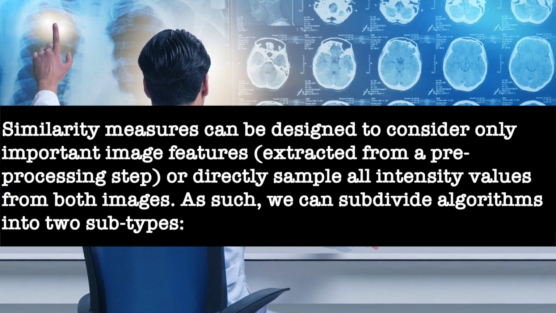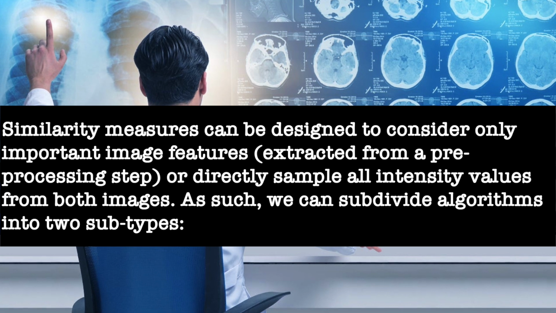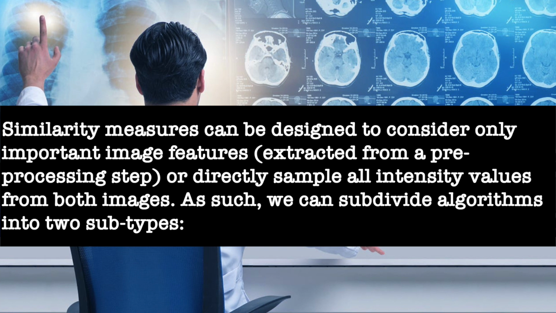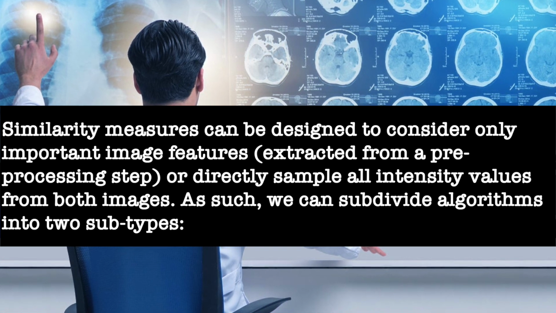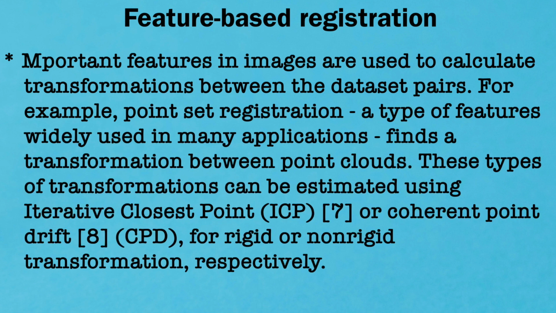Extracted from pre-processing steps, or directly sample all the intensity values from both images. As such, we can subdivide the algorithms into two subtypes. In feature-based registration, important features in the images are used to calculate the transformation between the dataset